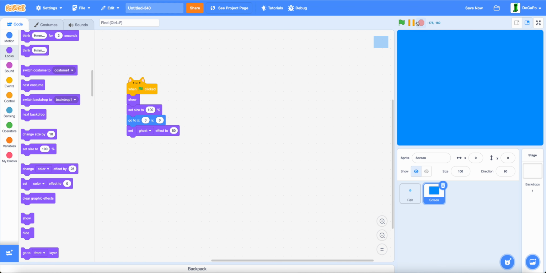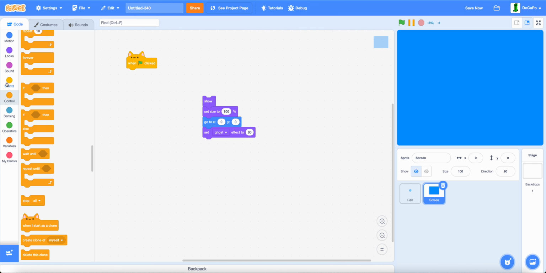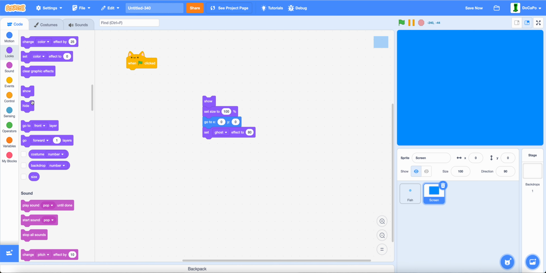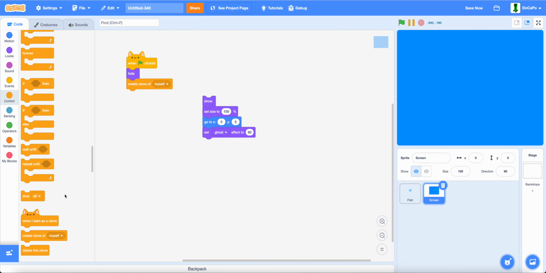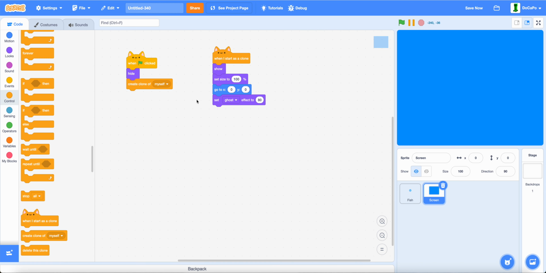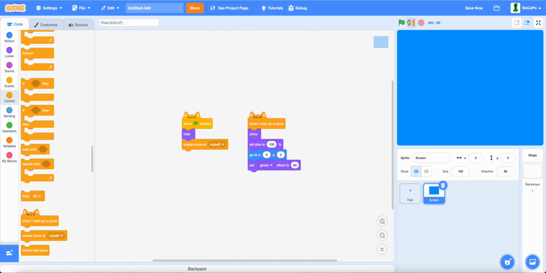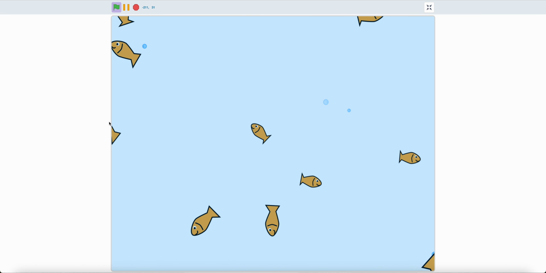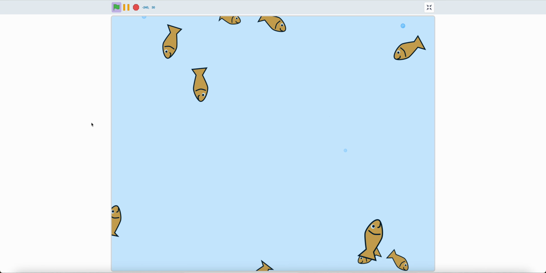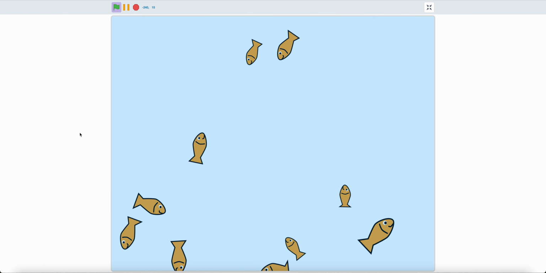But if you stop, and if you don't want this blue screen, then instead, when green flag is clicked, hide, create a clone of myself, and when I start as a clone, then this will happen. So it has the same screen, but if you stop, everything disappears. And now, as you can see, you have fish